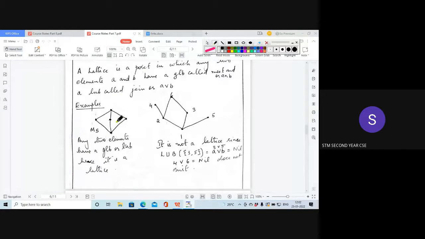So if you take any such pair, now if you take these two, what is the least upper bound? What is the least upper bound? This point is the least upper bound. It is related to this, and there is a transitive edge here, so no other element above it, so this can be considered as the upper bound. And for these two, the common lower bound is this. So for any pair of elements, the least upper bound and the greatest lower bound exist in this lattice, so we can consider it as a lattice. So for any two elements, it has a greatest lower bound and a least upper bound, and so it is called a lattice.